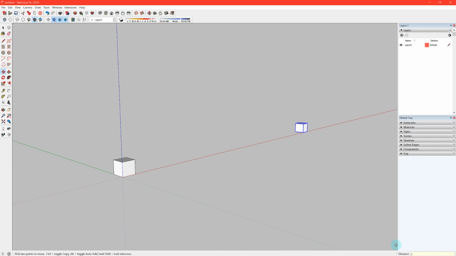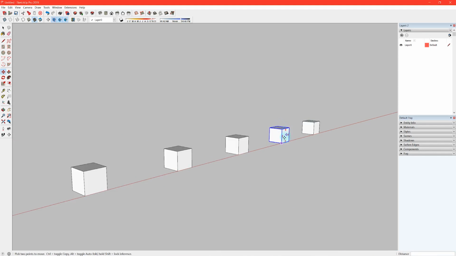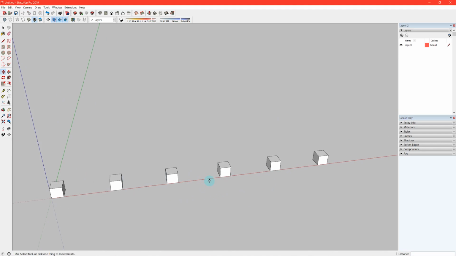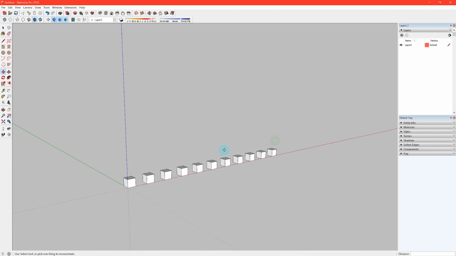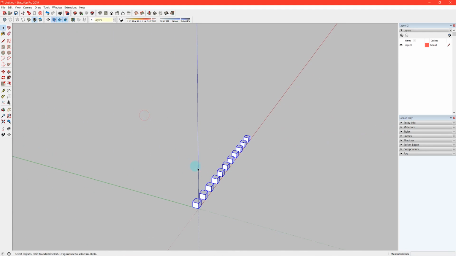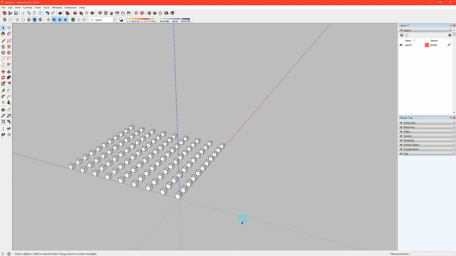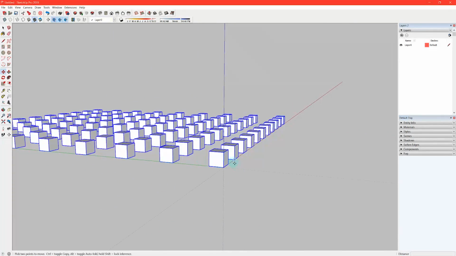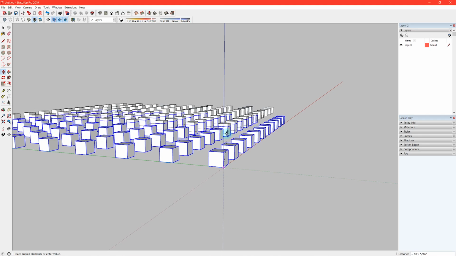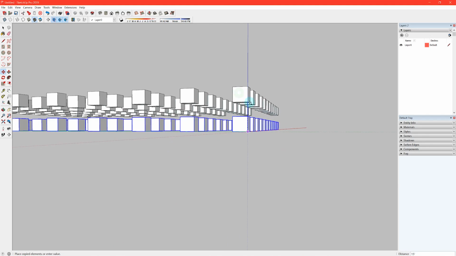So if you move this box from one end of a space to another, and then without doing anything, type divide by whatever number of boxes you want, and it'll evenly space an array of boxes along that span. And now you can see I'm quickly creating a three-dimensional array using the multiply and divide options with the move